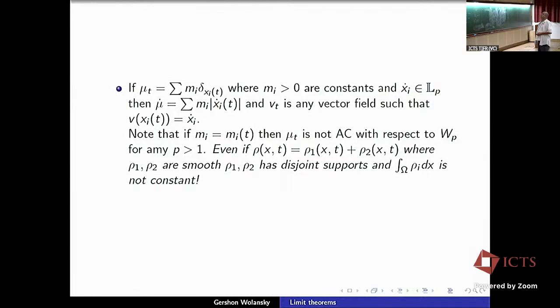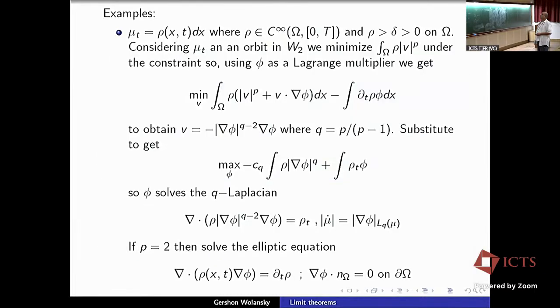Let me go back a little bit and show you some examples. Suppose mu t is given by some smooth density, positive, bounded from below by some delta. This will allow us to find the velocity field in a classical way. So if we consider mu t as an orbit in W_p,